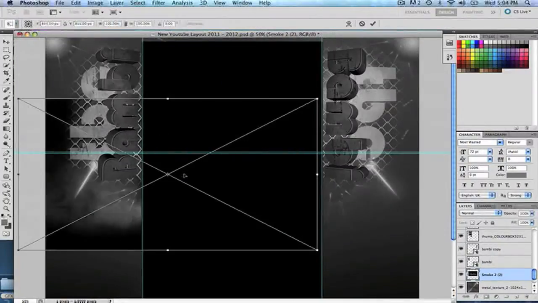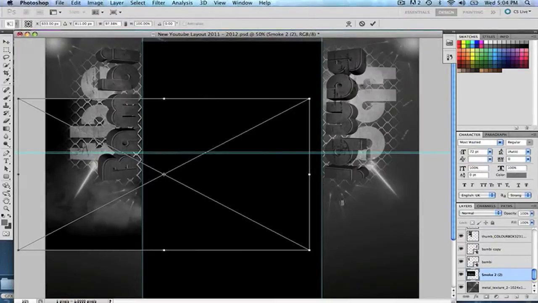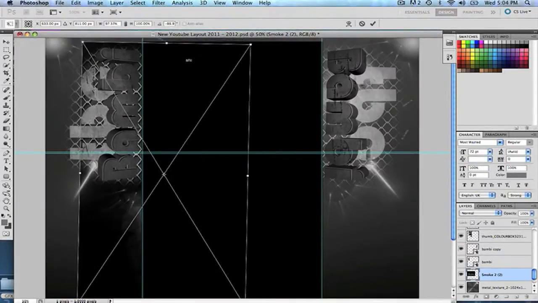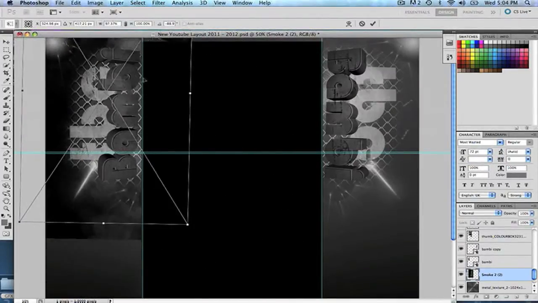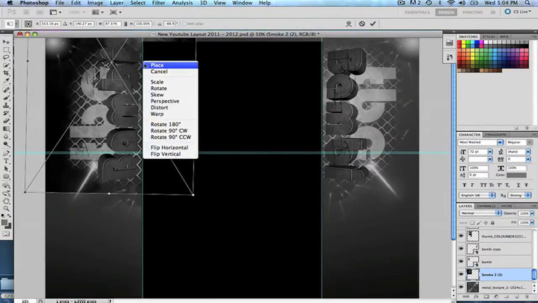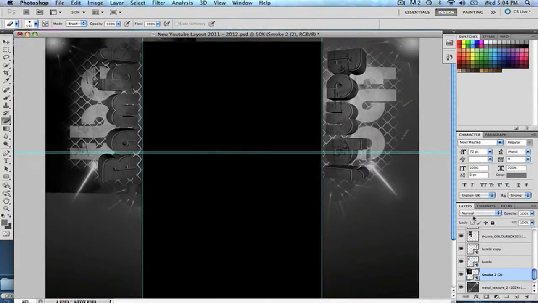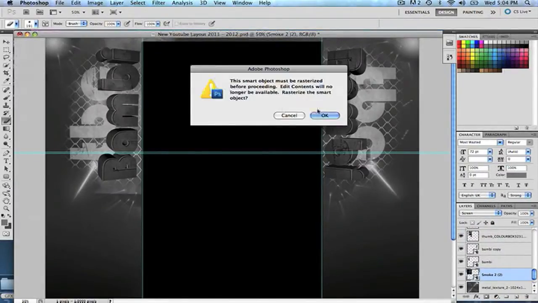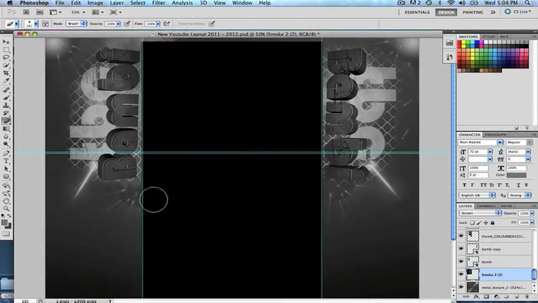Yeah, I had some smoke, and it gave it a nice effect actually, because you see the smoke behind the fence that I put on there, and it turned out pretty good. You'll see in a second. Compare it with the smoke now, compared to what it looks like on the other side without the smoke, and it turned out really good, I thought. It doesn't add much of an effect, but it does add an effect.